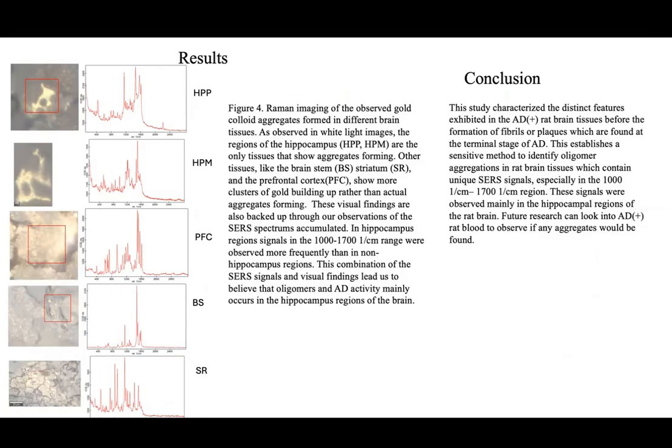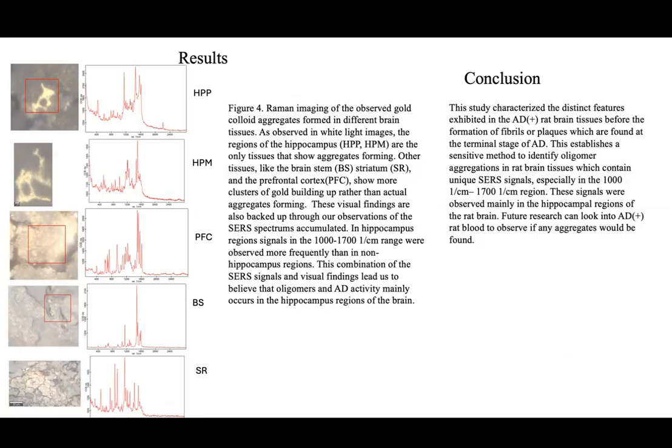In the hippocampus, we get a lot more aggregates, as you can see in the white light images, compared to the clustered characteristics of the non-hippocampus tissues. We also observed in our SERS spectrums that we collected that there was a lot more signals in the 1000 to 1700 Raman shift range in the hippocampus rather than the non-hippocampus tissues. So these two observations put together lead us to believe that oligomers and AD activity mainly occur in the hippocampus